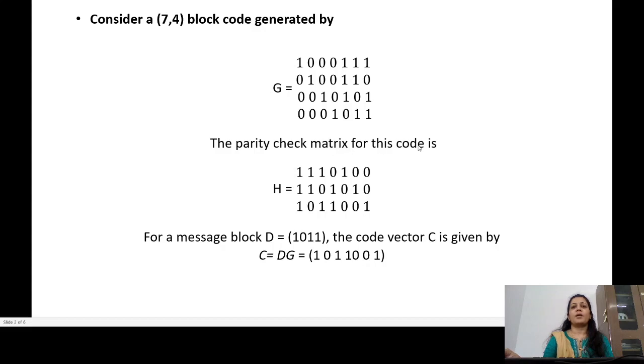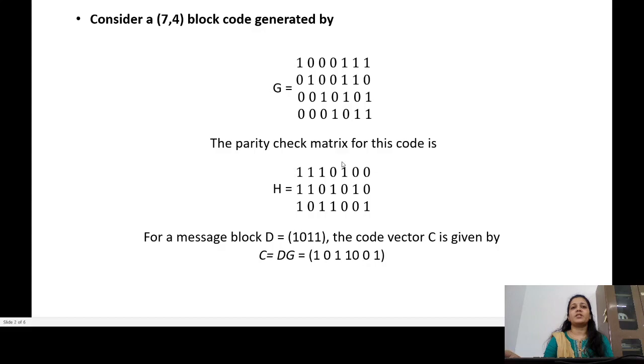Now the parity check matrix H can be generated as P transpose and I_(n-k). So to write P transpose, let me consider P. These three columns, the last three columns of G, are nothing but P. I will take the transpose of this P and write it as the first part of my parity check matrix H. So 1110 is the first row, 1101 is the second row, 1011 is the third row. Now this is my P transpose.